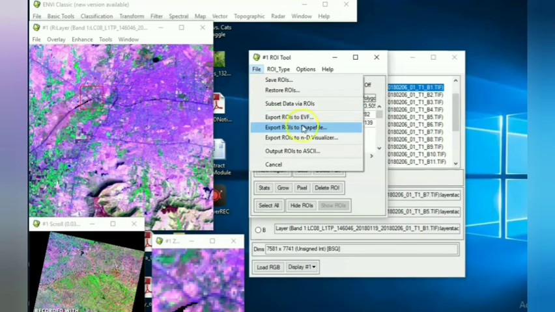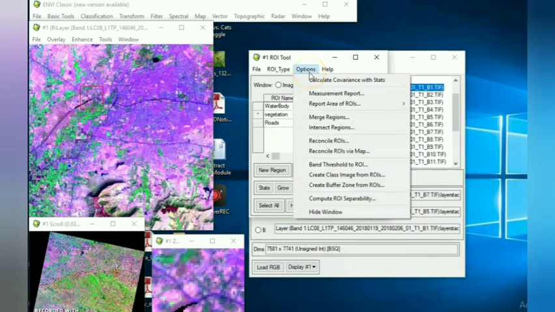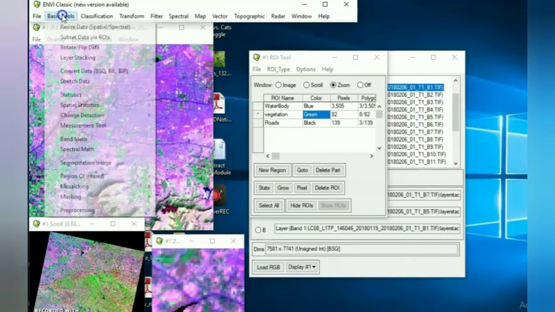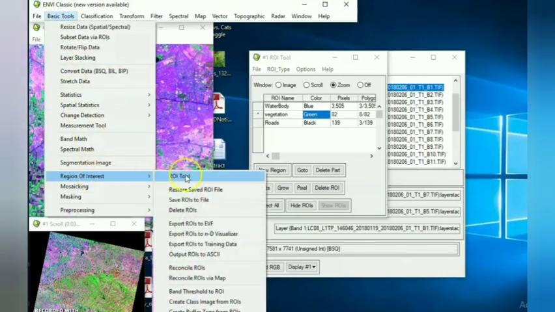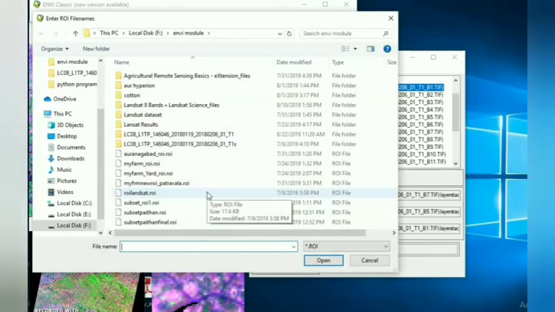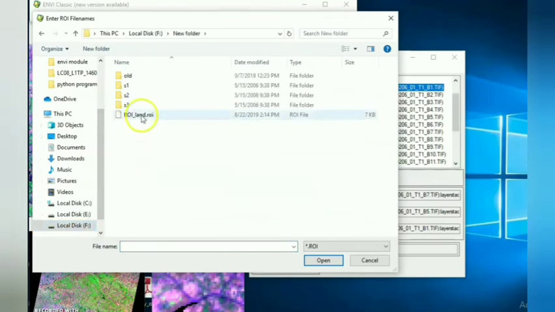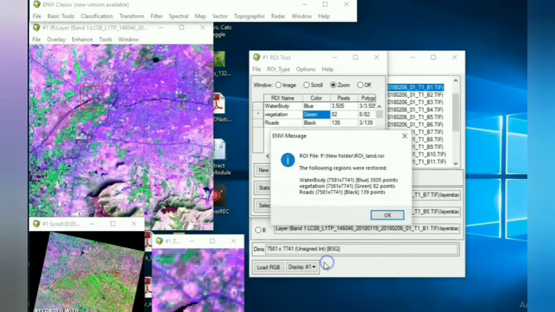Again there are different options. You can export the ROIs to an EVF file. Also you can export the ROIs as a shape file. In the ROI tool, you can export the ROI to the n-D Visualizer. So there are different options. Export the ROIs.